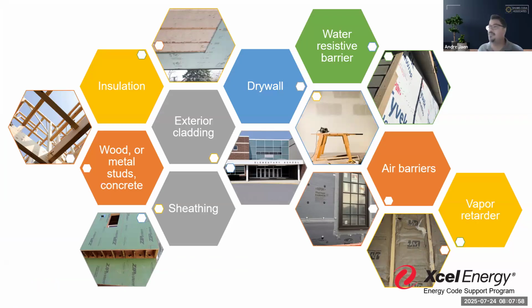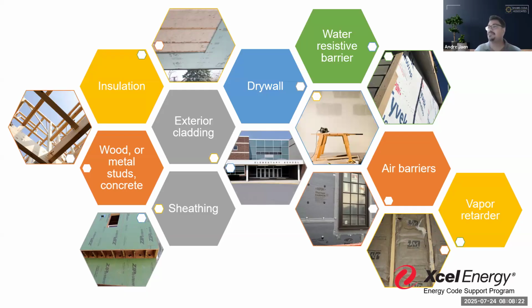Drywall's super common, obviously. We could also see our water resistive barrier. That's going to be our Tyvek house wrap. We can see our foam board insulation being used on the exterior, and that's going to provide more than one service to that building. We can also see our vapor retarder in our craft facing. And each of those components is all part of this big assembly that the EEBA quote was kind of referring